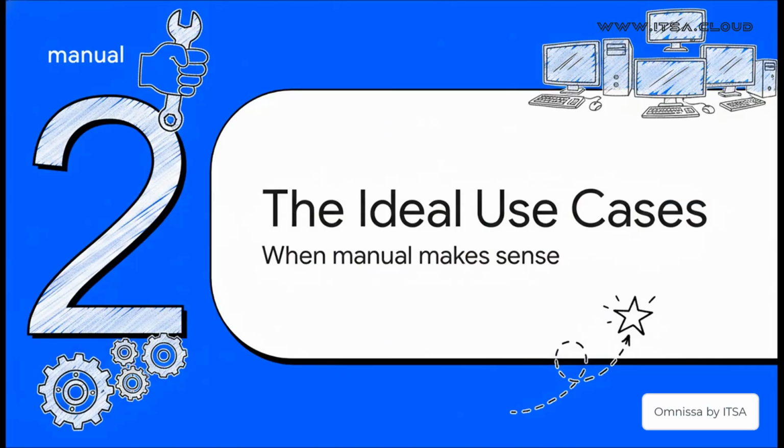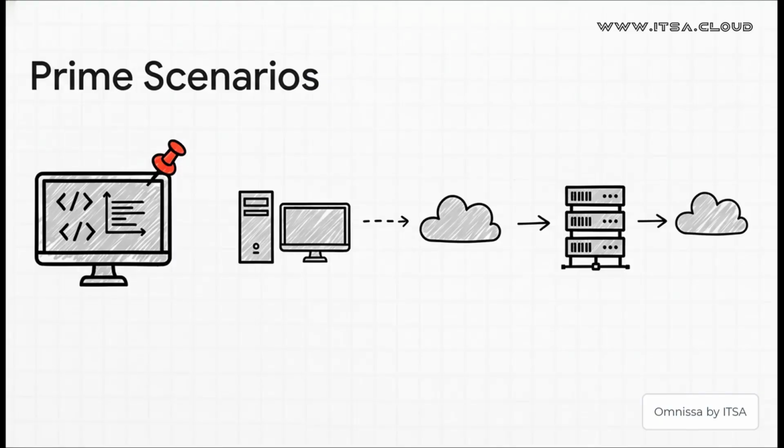Okay, so we know what they are, but the real question is, why would you ever choose this route? Let's dive into those perfect scenarios where going manual is exactly what you need. And these use cases are so important. Think about your developers or your CAD engineers who have these highly customized, persistent desktops that they use every single day. Or, and this is a big one, this is the way you integrate physical PCs into your Horizon environment. It even works for virtual machines that aren't running on vSphere.